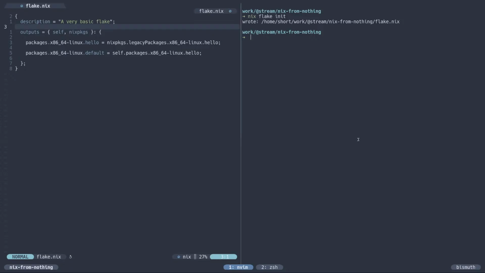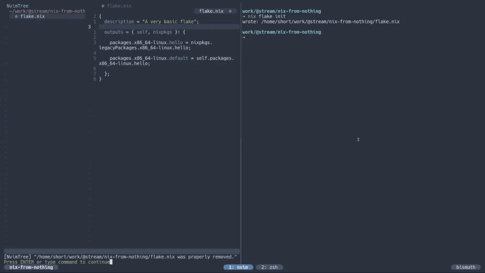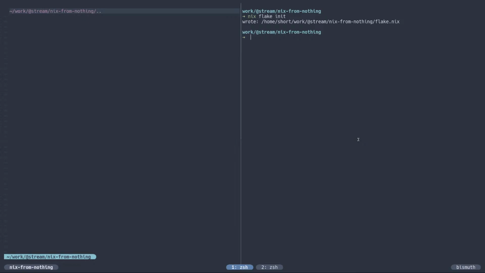If you want to get a little more advanced, we have other templates that we can use. I'm going to use a helper tool that I made, a command named flake. This isn't part of Nix itself. This is a tool that I created to make it a little easier to work with flakes. One of the commands is init, which mirrors that nix flake init. And I have a little picker that will look through all of the flakes that I have available on my system and show me the templates for all of those. It can take a little bit because I have some flakes that take a little while to evaluate,